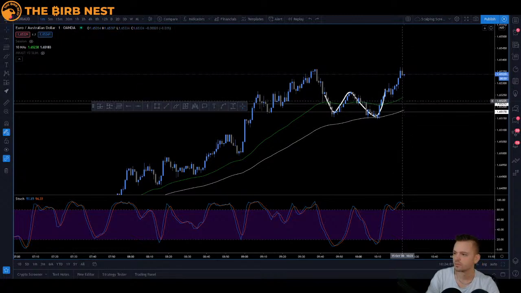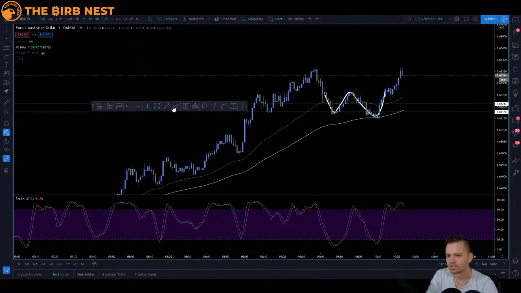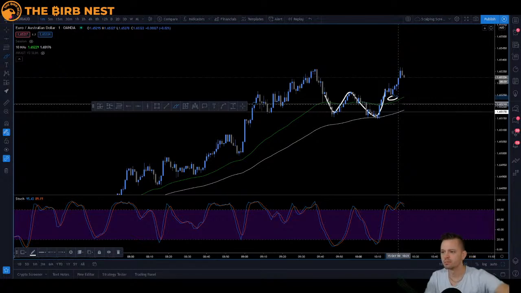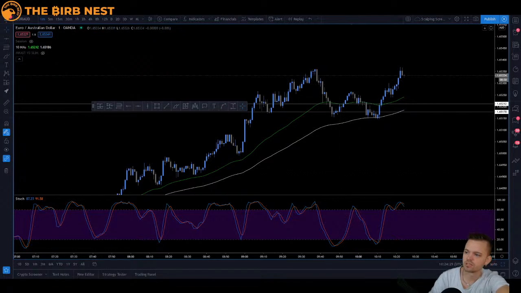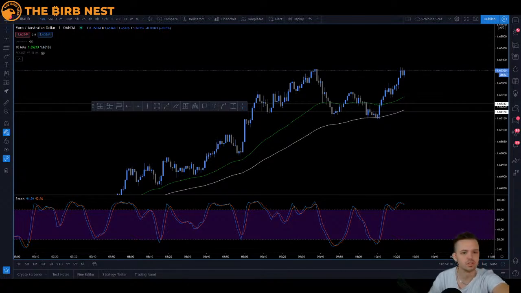65.13. Yeah, so I should be. Yeah, you know what? I like this level for a stop loss. It's below this one right here, right? And it's below the 50 EMA. So I'm actually going to put my stop at entry to secure the position, and I'd rather secure the position than to miss out or to actually lose on it, right? So stop loss is going to be moved to entry, which is